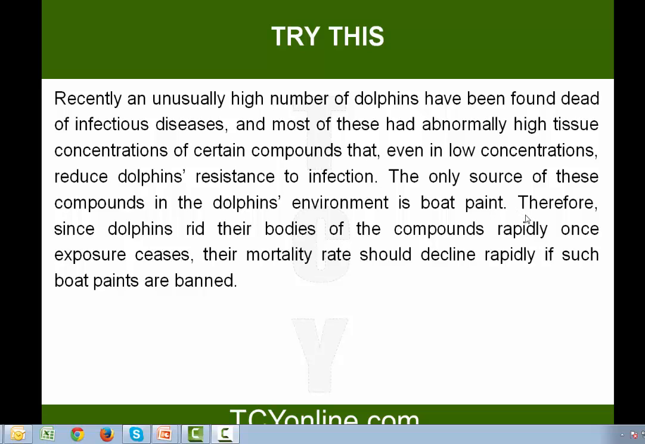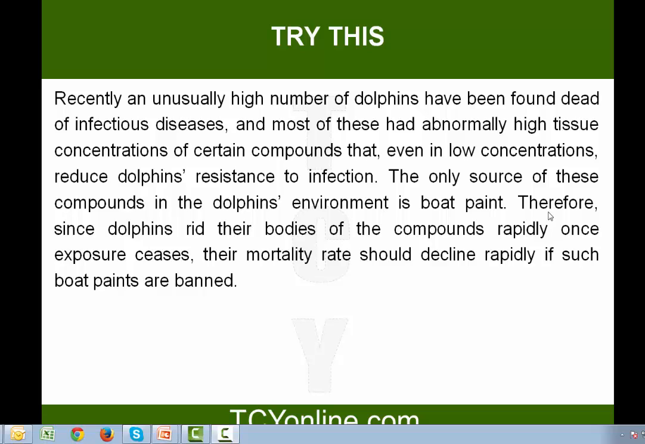Now from here on, the moment I see words like therefore or hence, it should trigger that now comes the conclusion. Therefore, since dolphins rid their bodies of compounds rapidly once exposure ceases, their mortality rate should decline rapidly if such boat paints are banned. So the author argues that